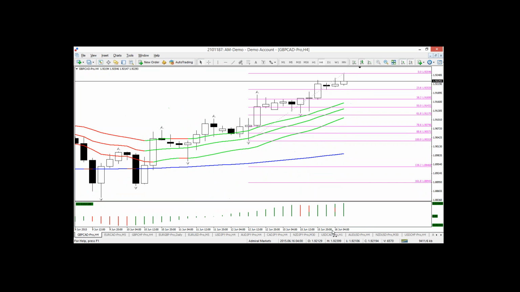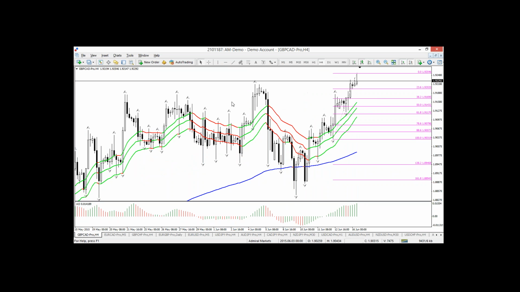Let's see, we have one confirmed wick. This is not confirmed as yet. If it does, it could signal indeed the prospect of some retracement. We are pretty far from the moving averages, so it could be a back to the mean kind of setup. I wouldn't expect more than a retracement. I wouldn't personally expect a reversal